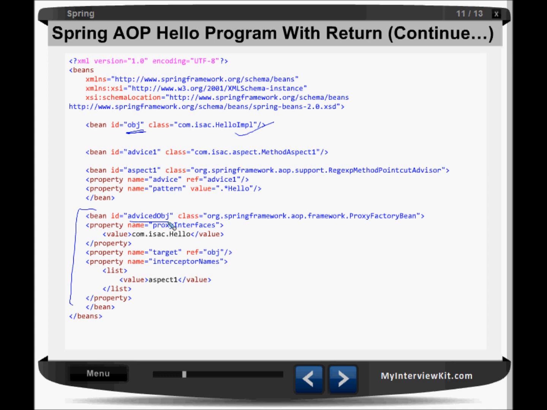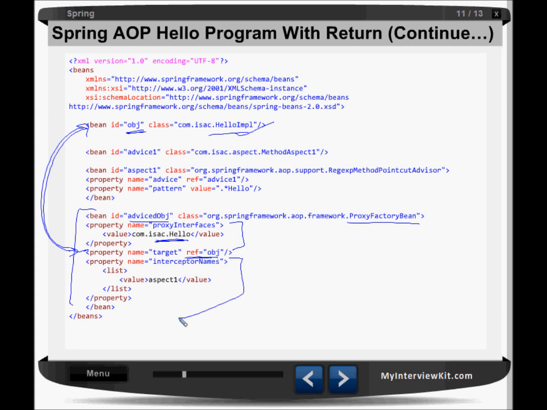Now adviceObj is a ProxyFactoryBean type, so I'm creating one id for that, and it is saying that it is having one proxy interface, that is Hello, right? So com.isaac.Hello, that has a target of implementation reference obj. So this Hello interface has its implementation in HelloImpl, right?